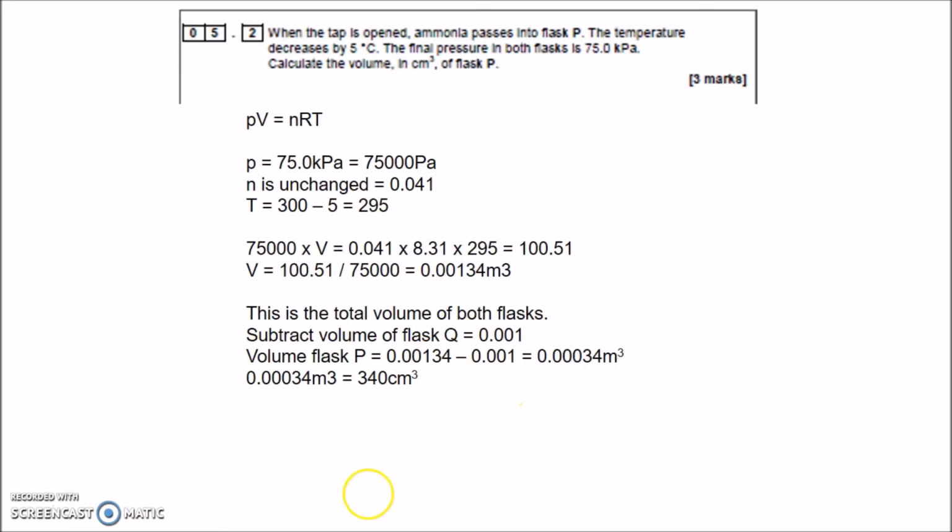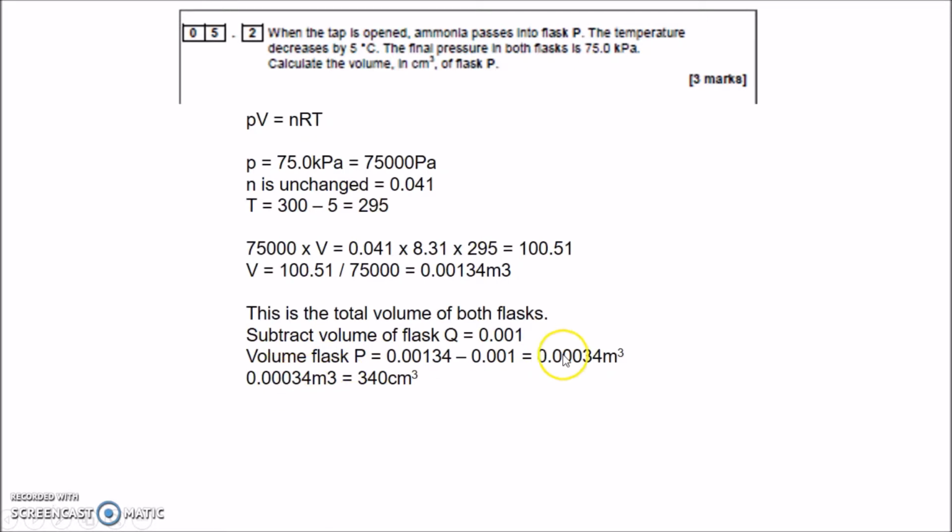So if I subtract, that's the volume of the whole flask, 0.00134, subtract 0.001, which is the volume of flask Q, I'll end up with the volume of just flask P on its own, 0.00034 meters cubed. If I multiply by 1,000 to get meters cubed into decimeters cubed, so multiply by 1,000, it would be